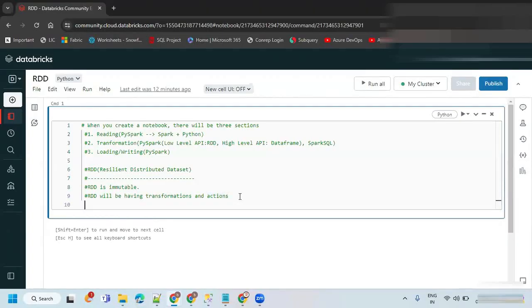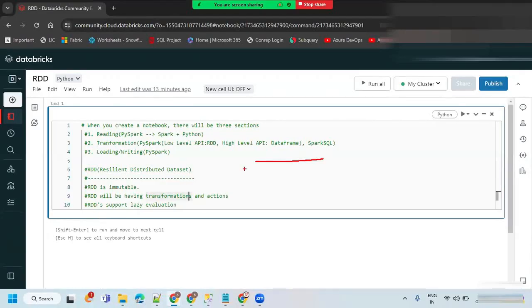Okay, and one more point I wanted to say, RDD supports lazy evaluation. When you start doing the transformation, it will not go and do the transformation.